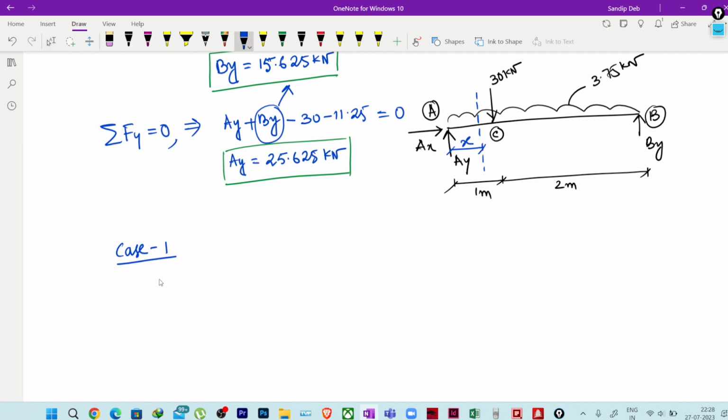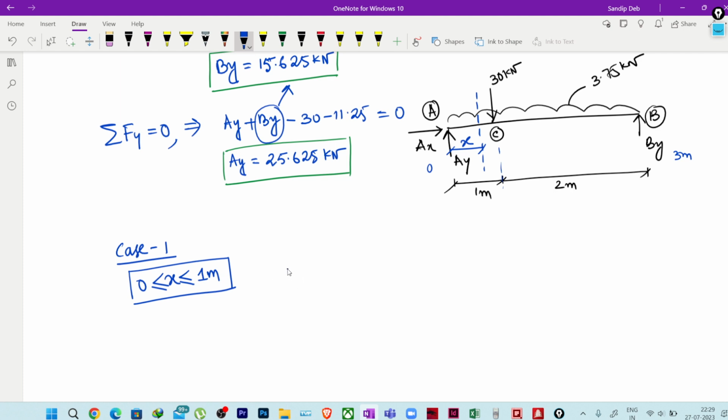If I consider this is my 0 point and this is my 3 meter point, so x should be greater than or equal to 0 and less than or equal to 1 meter. This is my first condition, case 1, because I have taken x here and this distance is 1 meter. So in this condition, if I take the free body diagram of this particular part,